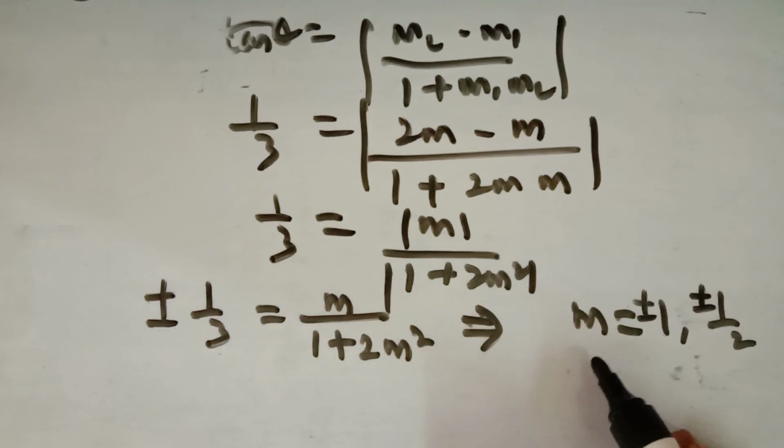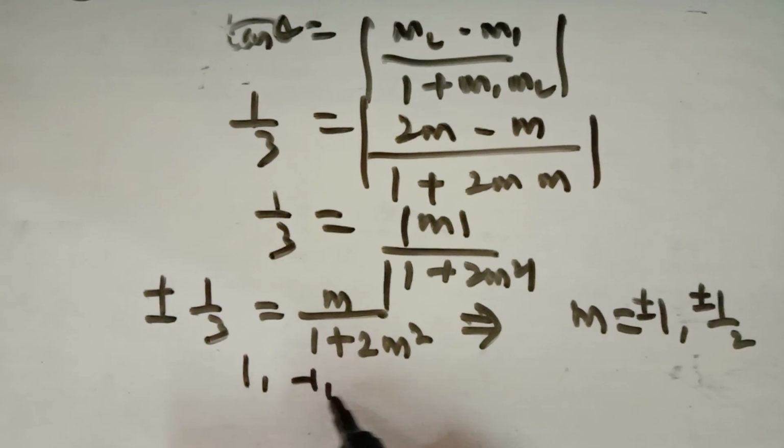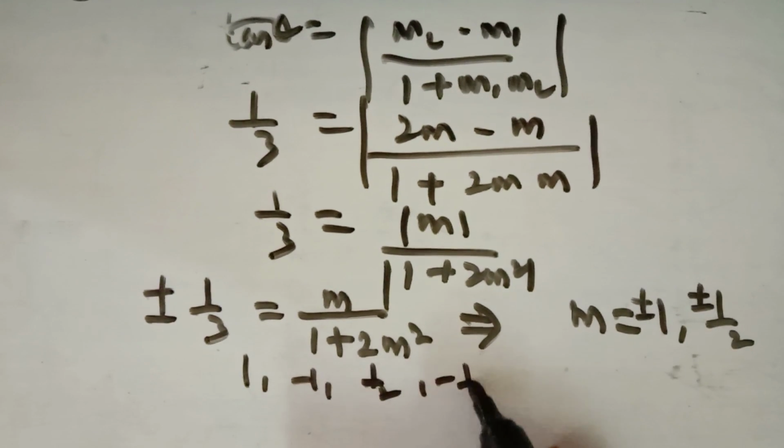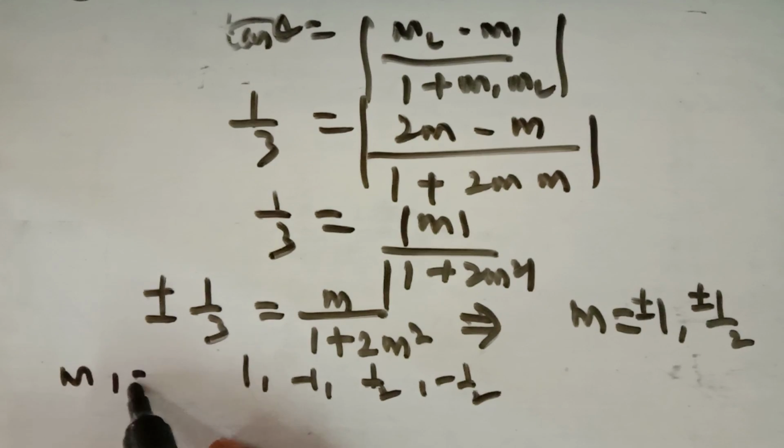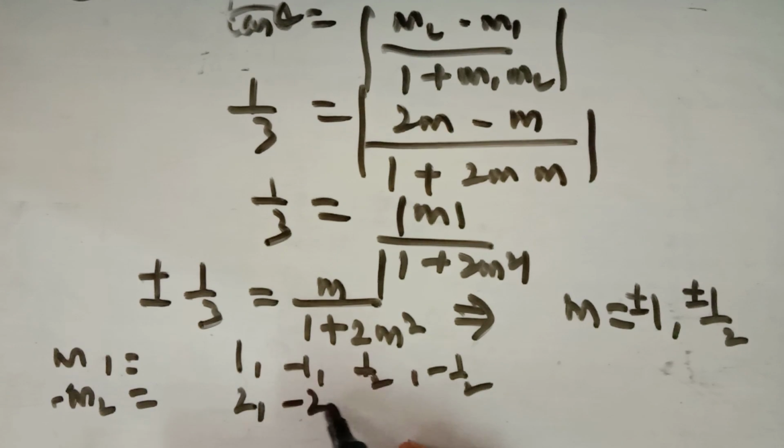So therefore, the slope of one of the lines is 1, minus 1, half, or minus half, and therefore the slope of the second line follows. When the slope of one line is 1, then the slope of the other line will be 2. If the slope of one of the lines is minus 1, then the slope of the other line will be minus 2. If the slope of one of the lines is half, then